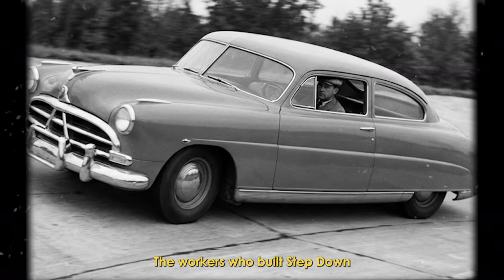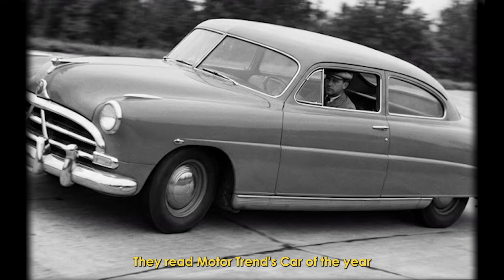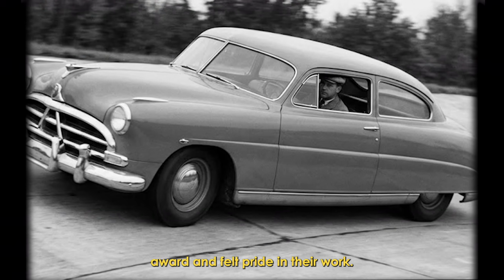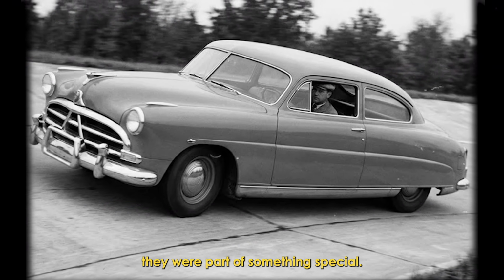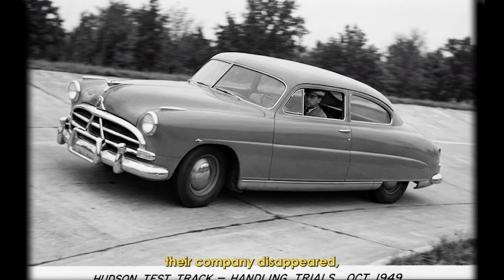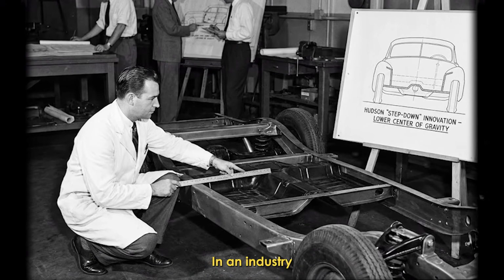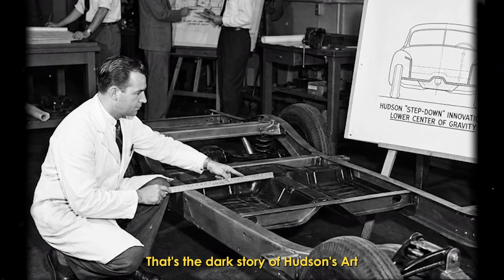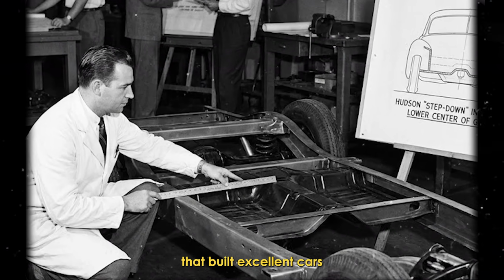The workers who built step-down Hudsons believed they were building the future. They read Motor Trend's Car of the Year award and felt pride in their work. They watched Hudsons win NASCAR championships and understood they were part of something special. And then, their factory closed, their company disappeared, and their skills became worthless in an industry that no longer valued what they knew. That's the dark story of Hudson's Art Deco Palace, a beautiful factory that built excellent cars that